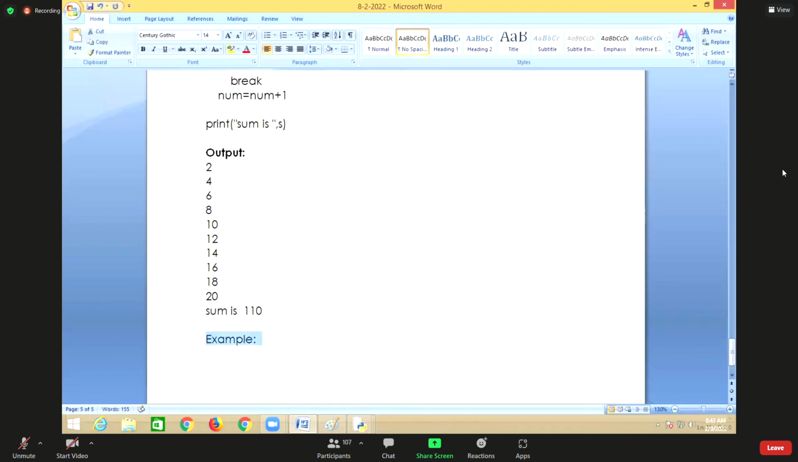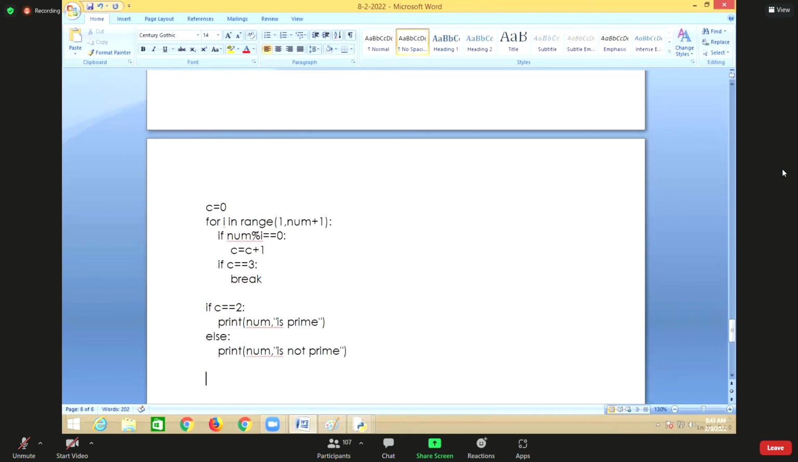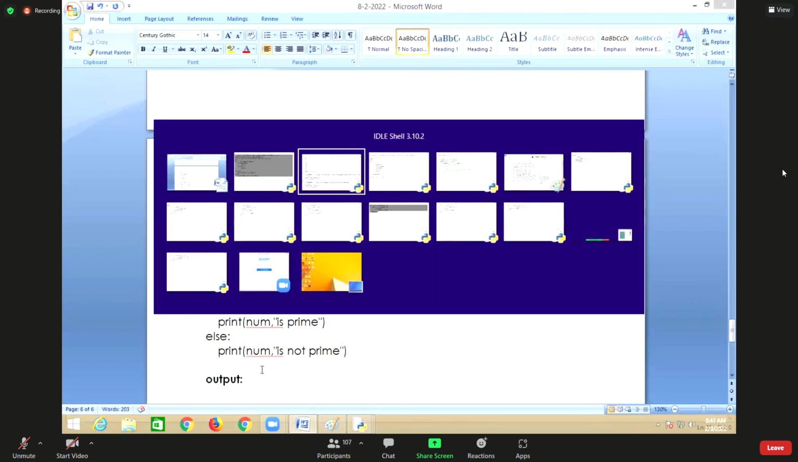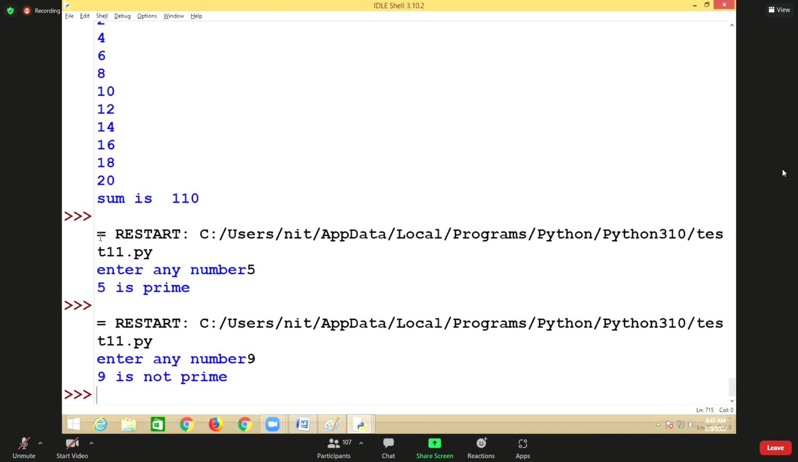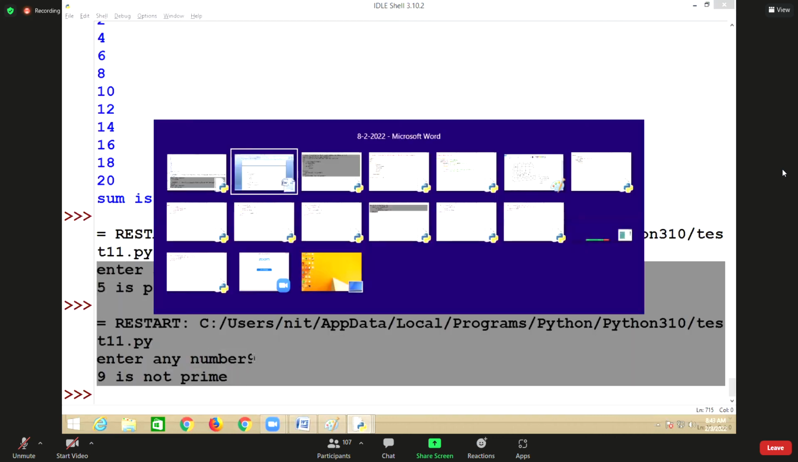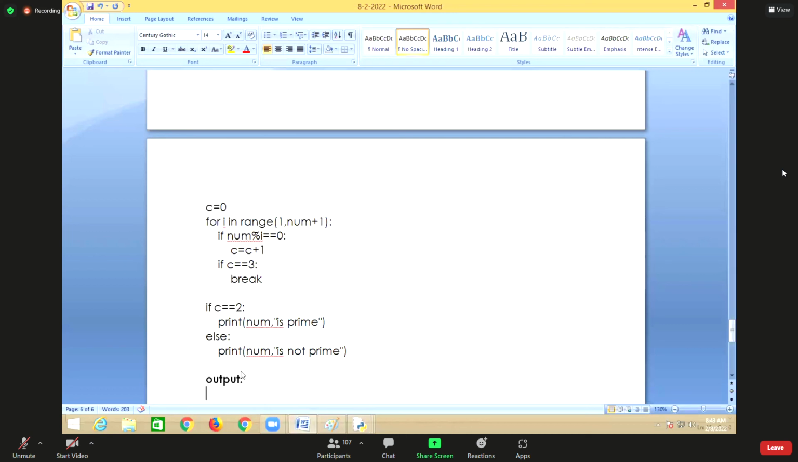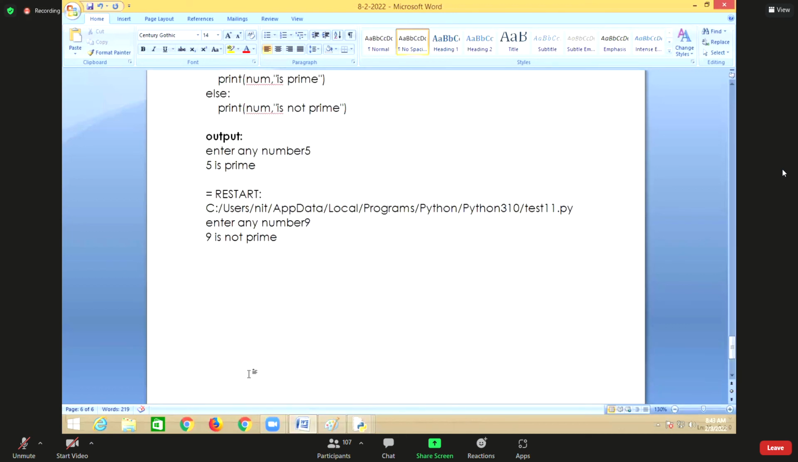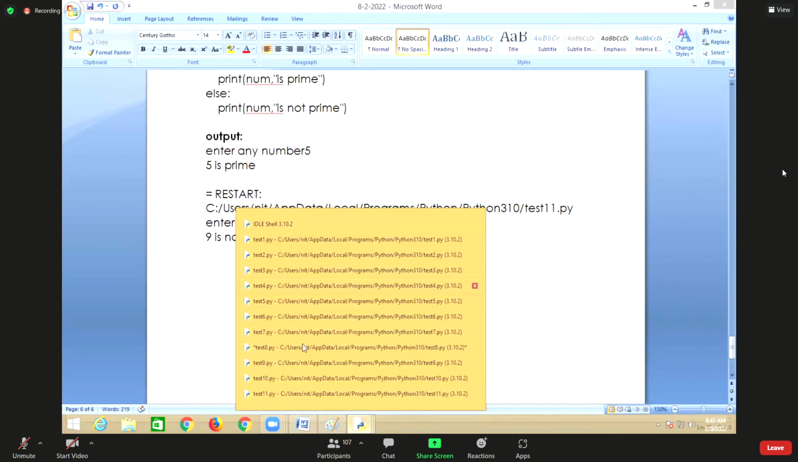So after break, if you write any statement, that statement will not be executed. After break, if you write any statement, that statement will not be executed. What I meant to tell you is,